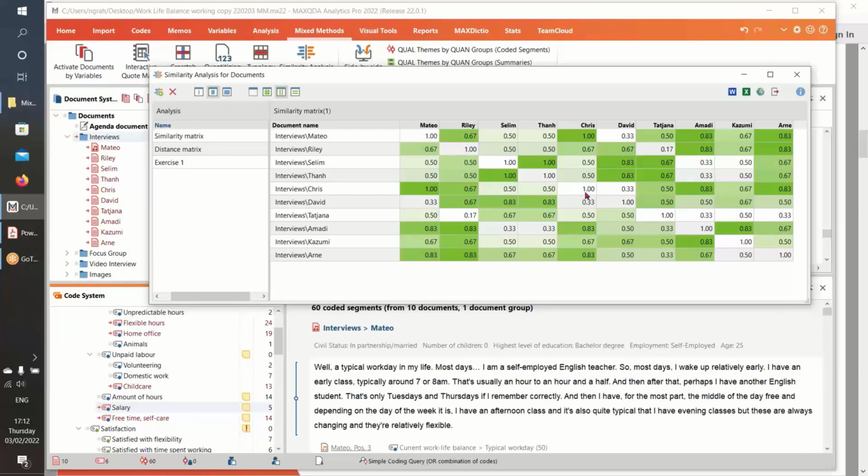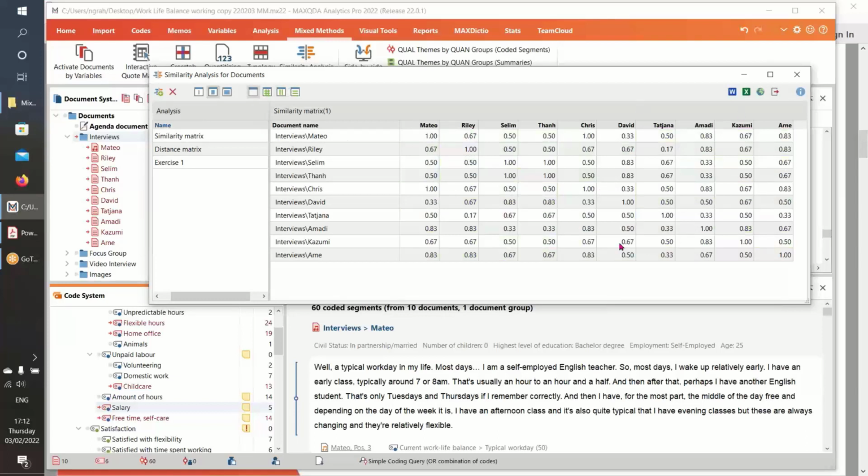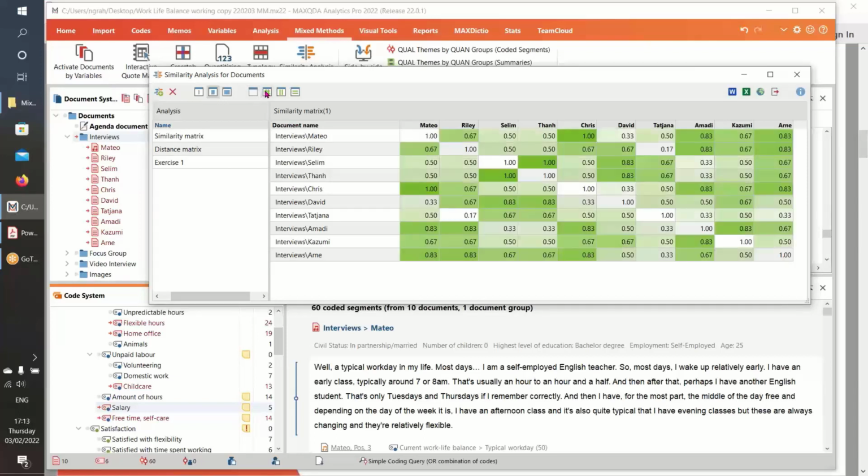So 1 means identity. Look at the whole table and you'll see, let me just take the color shading off. There is no value higher than 1. Everything is between 0 and 1. The interpretation of this table is the closer you are to 1, in other words, the higher the value, the more similar you are. And by clicking on the 3, either coloring by reference to the whole table or to the column or to the row, let's go for the whole table coloring,